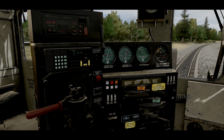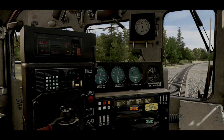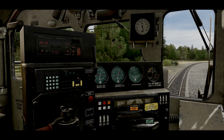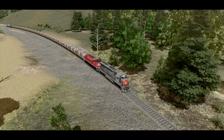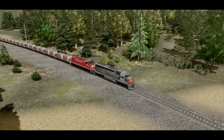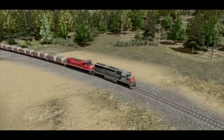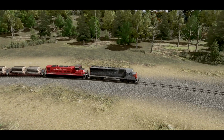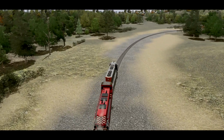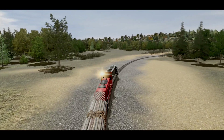But look at this, isn't this nice? This is very well done. I just look at all these gauges and everything. I mean, they did an exceptional job on this, and this is just one of the engines that you can find on the download station. So if you're new to this game or haven't even played the game, it has a ton of things. There's just thousands of items that you can find on the download station, and you can create your own world. I usually tend to create the Smoky Mountain area. That's where I'm living. I'm in East Tennessee,